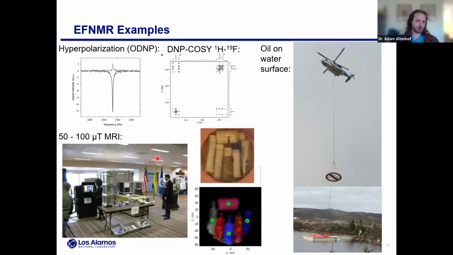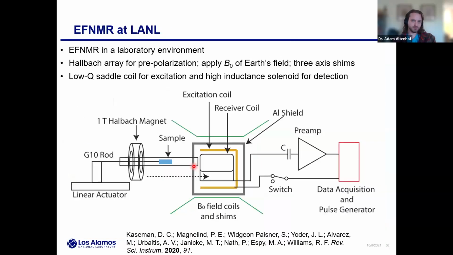And more relevant to our work, this is a previous example of imaging at similar fields. This is the so-called MagViz project from Michelle Espy. Here they have basically a liquid bottle scanner. This was actually deployed at the Albuquerque airport back in 2008. What they're showing here is a picture of different bottle samples, and here we have the proton MRI of the different liquid samples in bottles. There's this color coding that's coming from a library of relaxation parameters. The idea is ultimately to do some threat detection based on relaxation, to try to detect something like an explosive liquid. So, more relevant to this threat detection world and what we're doing here.